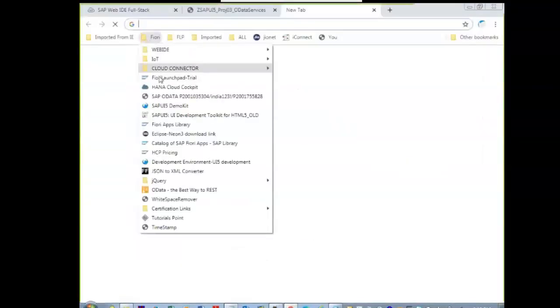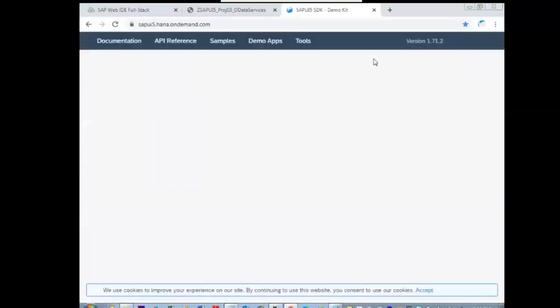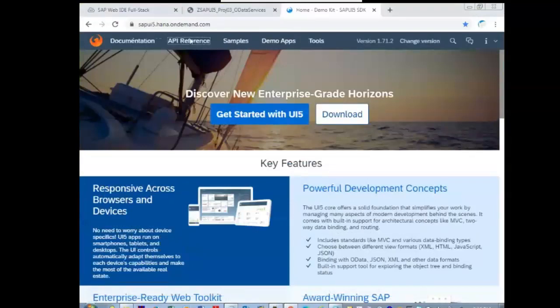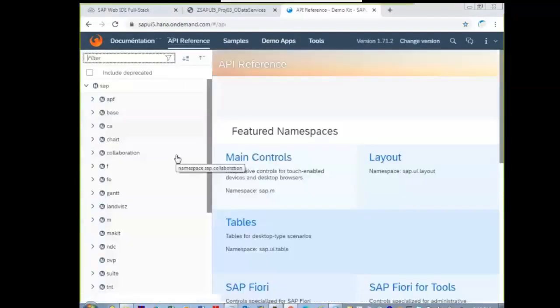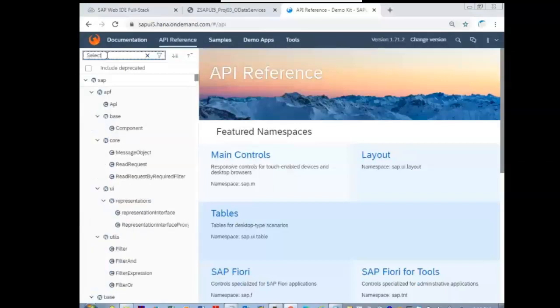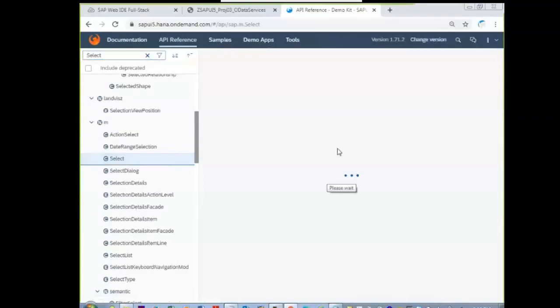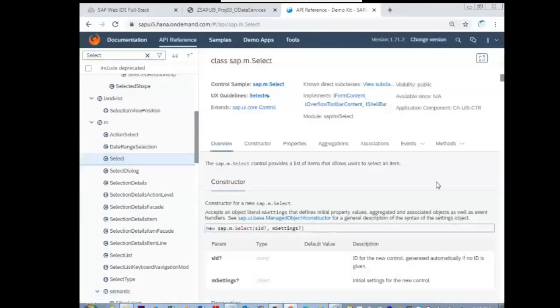So open the API reference in the demo kit and type sap.m.select.